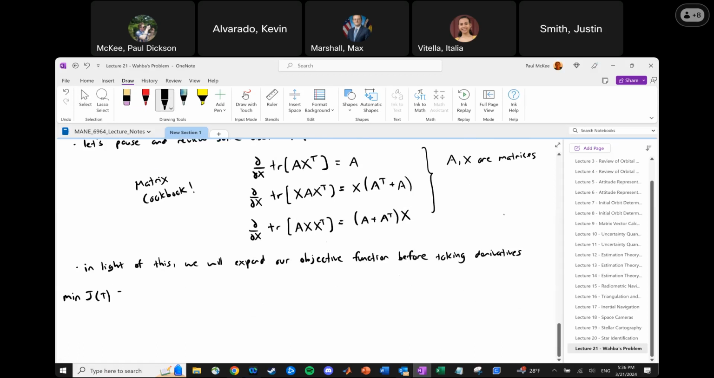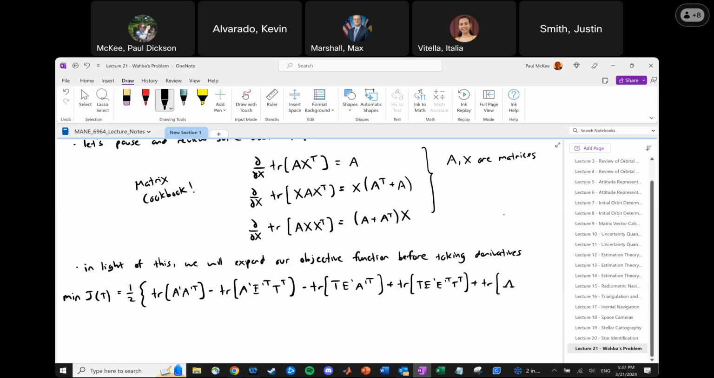J of t is equal to 1/2 open curly bracket times the trace of A prime transpose minus the trace of A prime E prime transpose T transpose minus the trace of T E prime A prime transpose plus the trace of T E prime transpose T transpose plus the trace of lambda T transpose T, couldn't fit it on one line, minus the trace of lambda, and